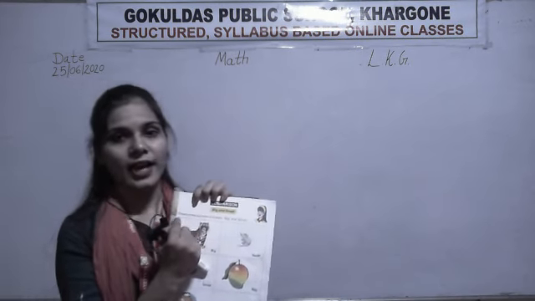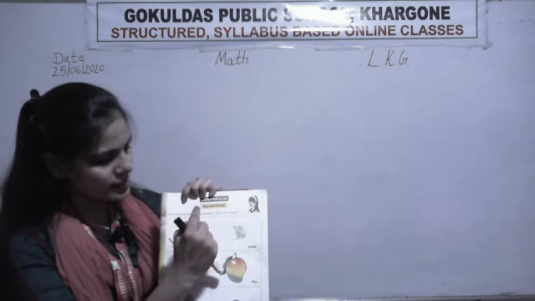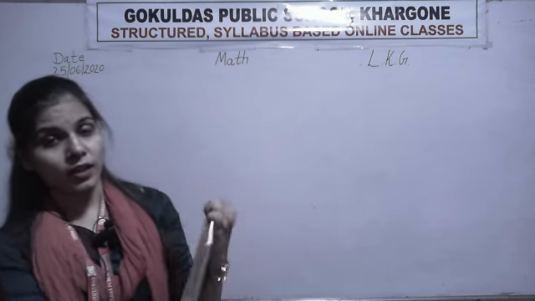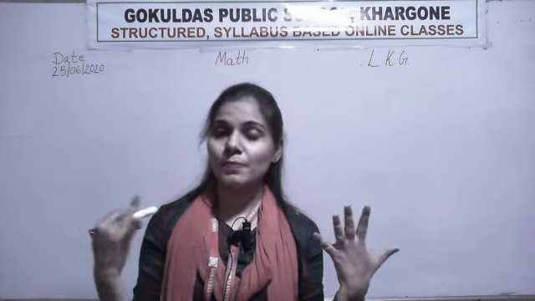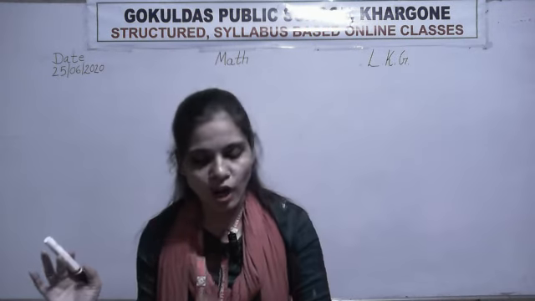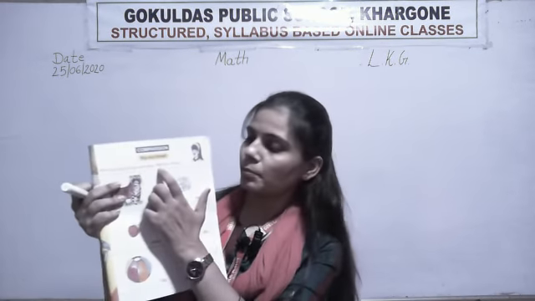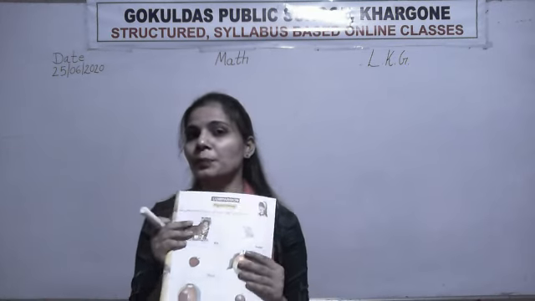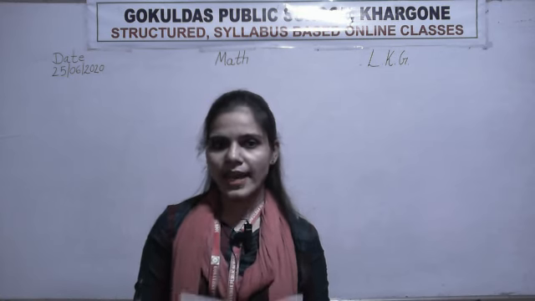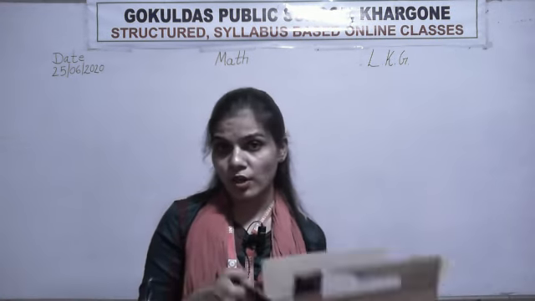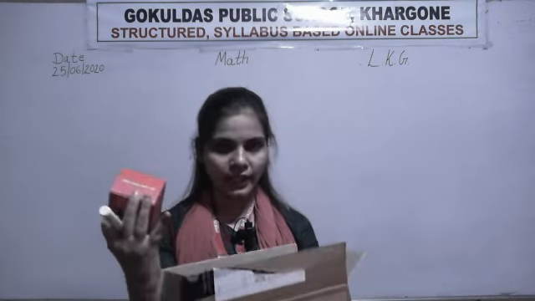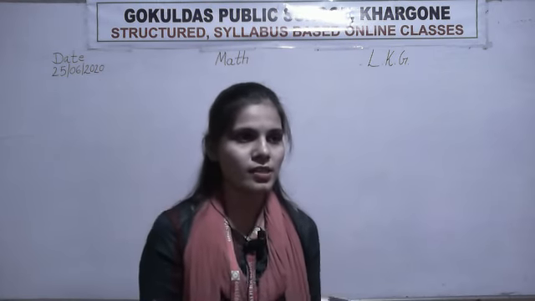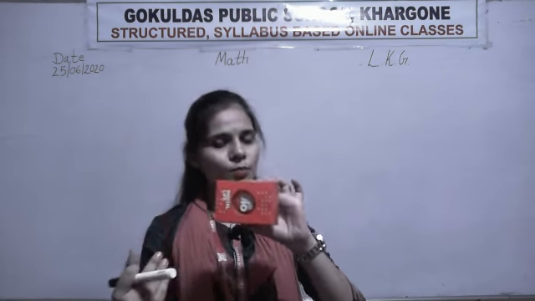Okay, finger on your heading. Observe the pictures and learn big and small. Learn big and small means you compare the things: which one is the big one and which one is the small one. This is the condition, big and small. In your previous lecture, you learned which one is big and which one is small. Tell me, is this box big or small compared to this box? Okay, so this one is the big box and this one is small.